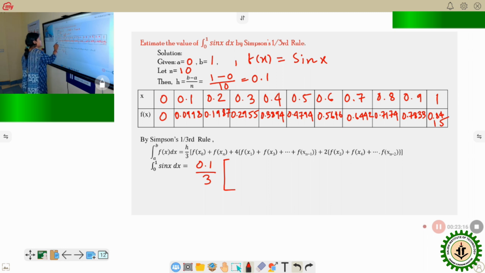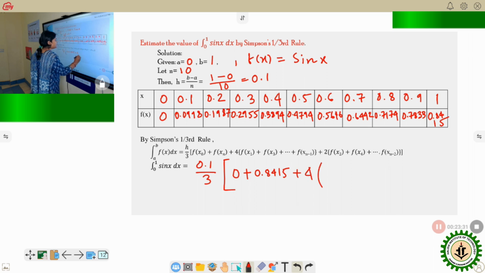f(x0) plus f(xn). f(x0) is 0 plus f(xn) is 0.8415. Okay, done. Plus 4 into what? I have to write 4 into this one, this one, this one, this one, and this one. So